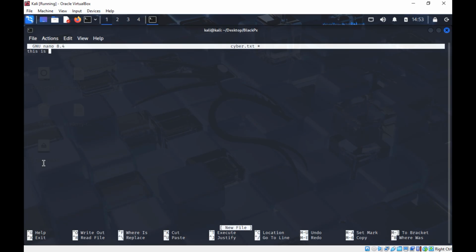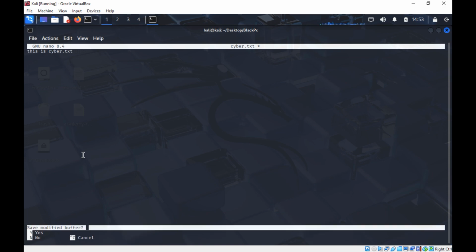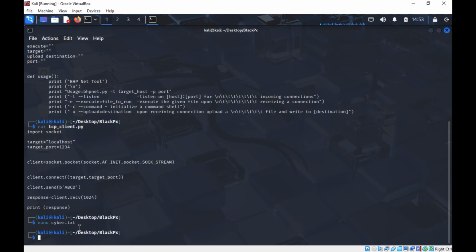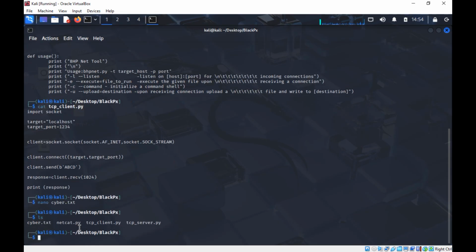Okay, this is cyber.txt, and then with Nano, you can see the shortcut over here. The caret you see before the letter stands for control. So if you are done typing, you just press control plus X. It will ask you to save modified buffer, and then you just press Y, which is yes, and then it will ask write file to this one, and just press enter. That's all. So now if I check my directory, I'll see